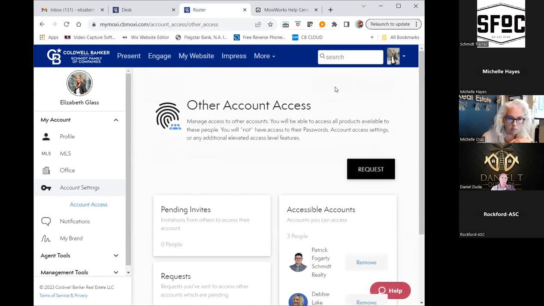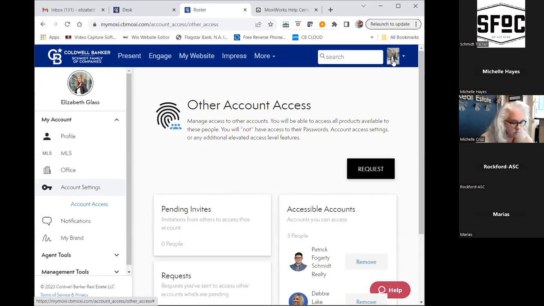So what that does initially on both sides, regardless of whether you're the receiver or the requester, is two things. It'll email that person at the email that Moxi has on file for them, and tell them that their request has been requested or provided, and they can accept it there. Or when they come back into Moxi next, right here, if they click on this account settings, there's going to be a little color there, and I don't remember if it's orange or yellow or something, but there'll be a notification dot with a color, where they'll come in here and they'll accept it. Once you do that, this is what happens.